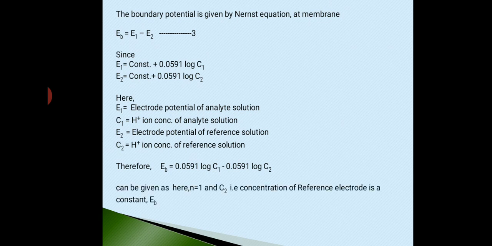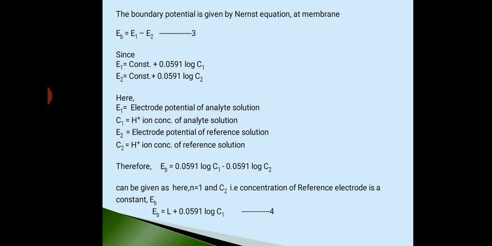So we already know here n is equal to 1, and C2 is nothing but the concentration of the reference electrode. But the reference electrode concentration will be fixed. Why? Because a fixed amount of fixed molar HCl solution will be there inside the bulb, whose concentration does not change during the reaction. So we can consider that part as constant, that entire part 0.0591 log C2. Anyways, 0.0591 is a constant value. Then log of C2, because C2 itself is constant, this entire term becomes constant. Now this EB equation gets simplified further.